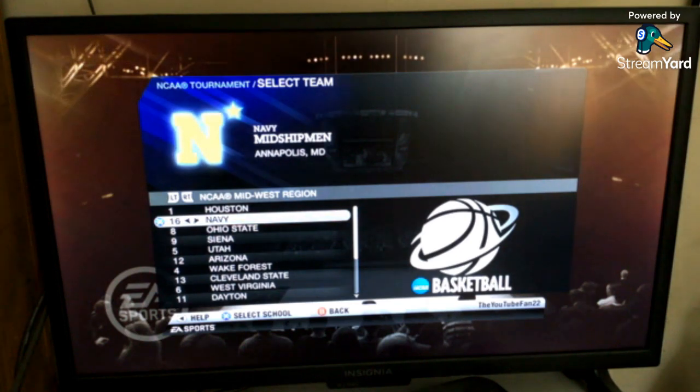So we're gonna skip over talking about the 8, 9, 5, 12, 4, 13, 6 seeds for now. So we can talk about the 11th seed because that involves another play-in game. That way we can determine who is the one that will play Iowa State and who is the one that will play Houston.